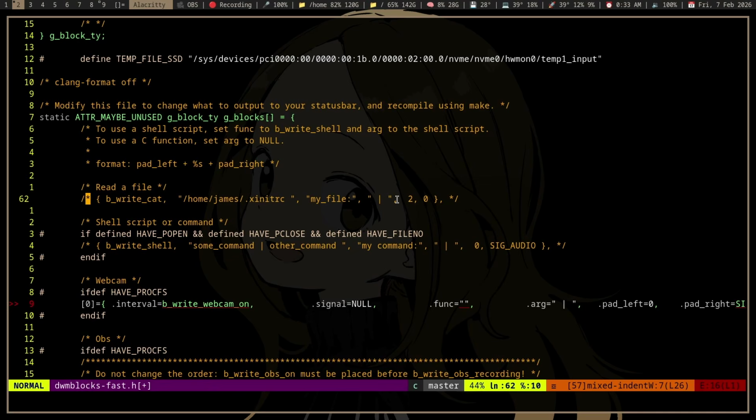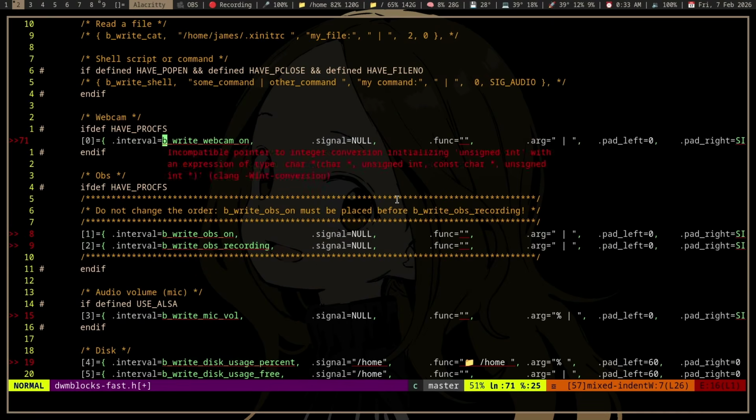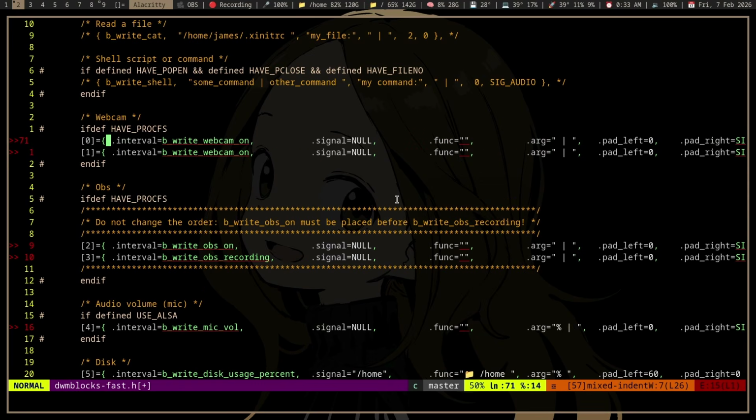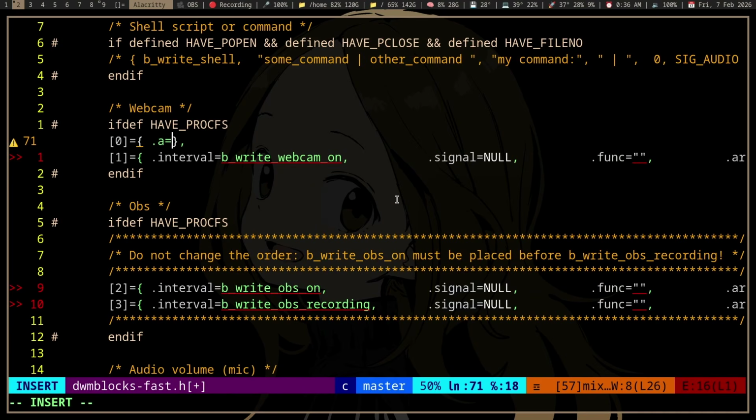Well, C99 actually has a feature that handles this problem. So instead of just initializing the struct like this, you can actually, well, let's say make another struct here, an empty struct. You can initialize it by the name of the members. If we initialize them according to their names,